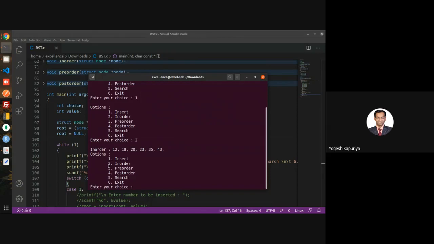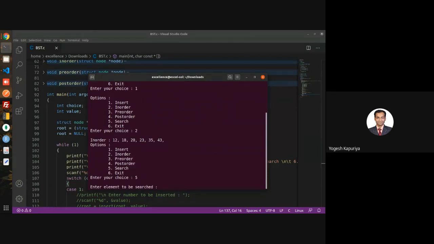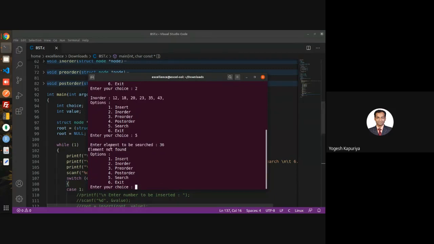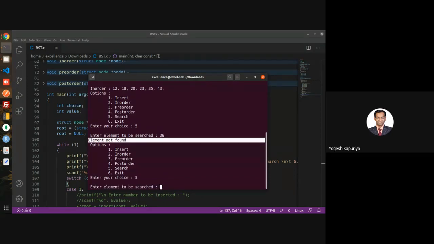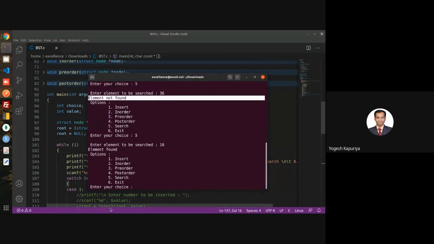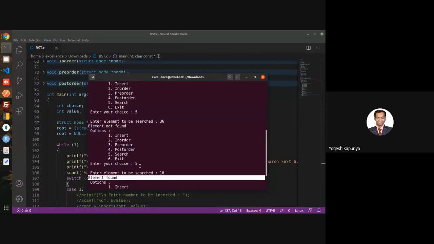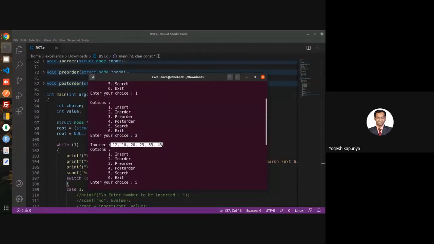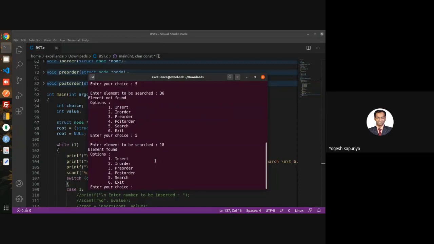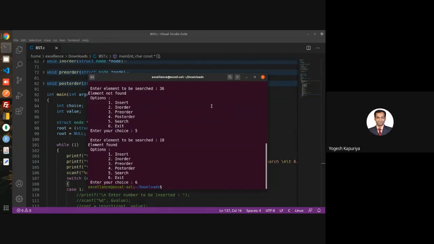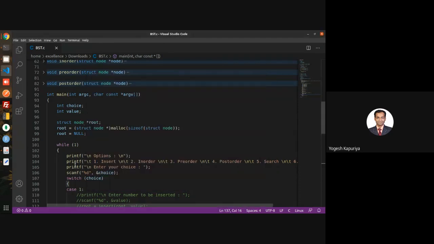Now let's find out something inside it. So search operation, enter the element which you want to search. 36, element not found. Let's say we are searching something else, 18. Element is found because 18 is there inside the tree.